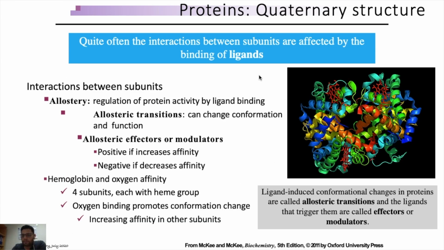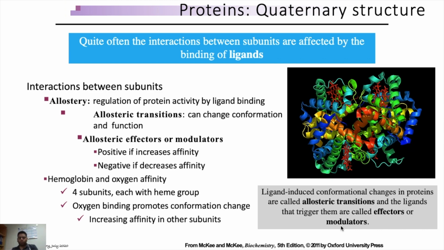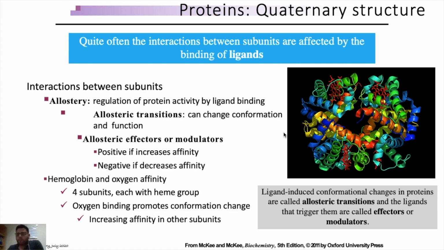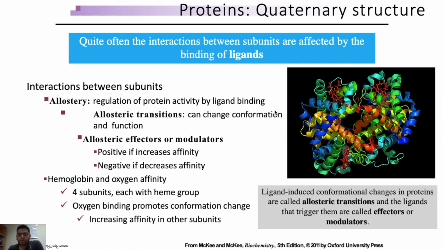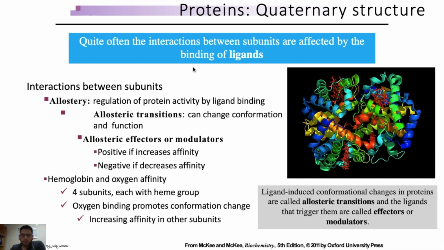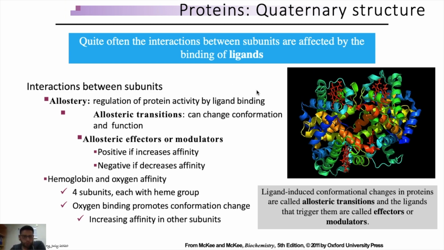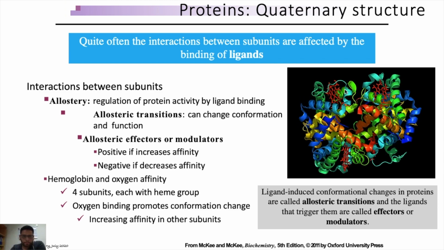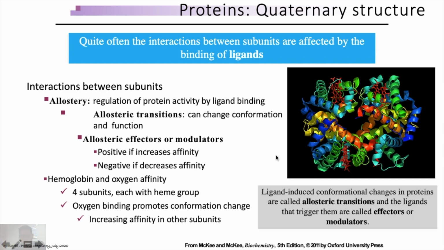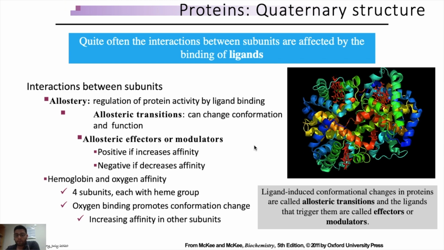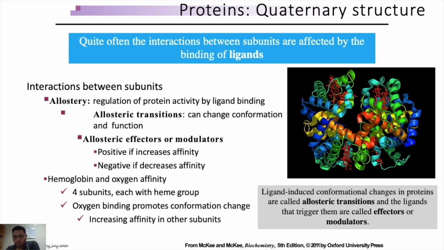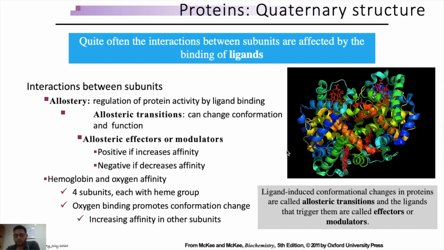As discussed earlier, the quaternary level of protein organization depends on the association or interaction among various subunits of a multimeric protein. Quite often, these interactions among various subunits are affected by binding of ligands, which results in slight change in protein conformation, which in turn could affect the activity of the protein. This overall process is called allosteric regulation, and it is a very key process in regulating various biochemical processes.